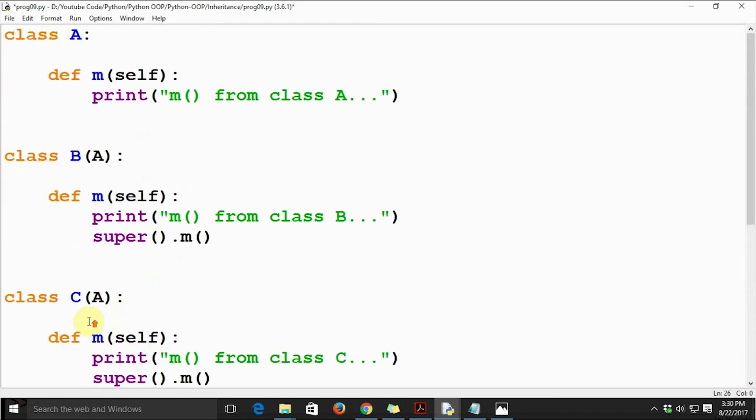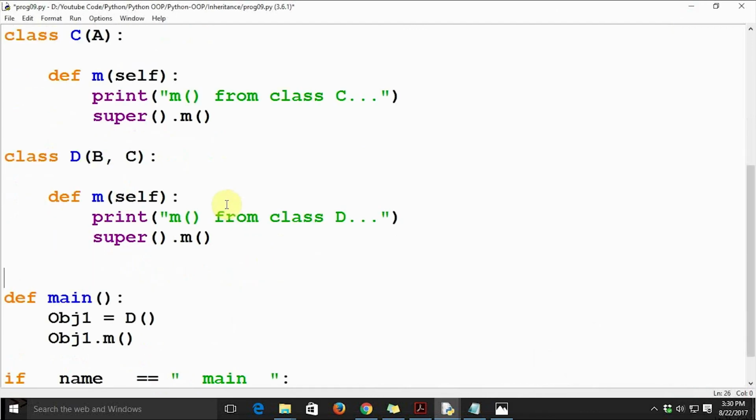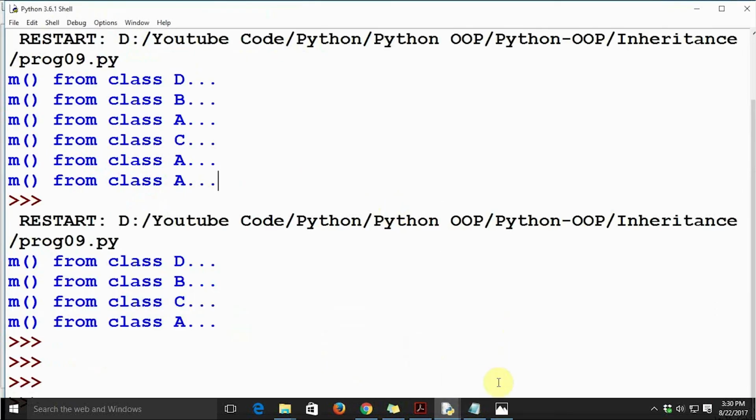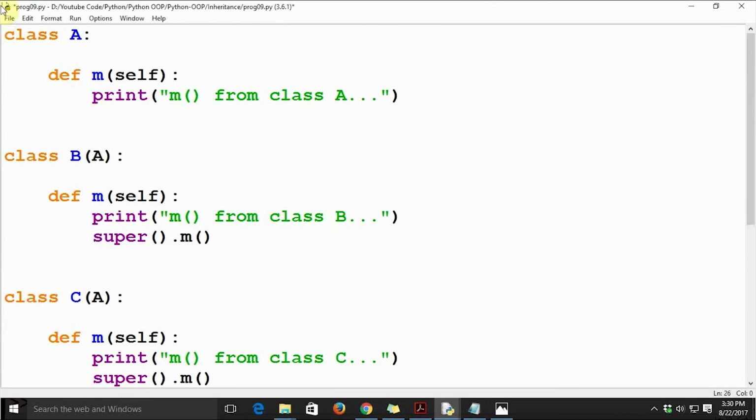So now when I say print m from class A, though it is coming through both the ways, it will only take it from the first way. It is only going to execute this line once. It is not going to execute it 3 times or 4 times. It is only going to execute it once, unlike the earlier way. So the best answer to the diamond problem, or the diamond of death as we call it in hybrid inheritance in object oriented programming, is to use the keyword super, like this. So let's save the code.